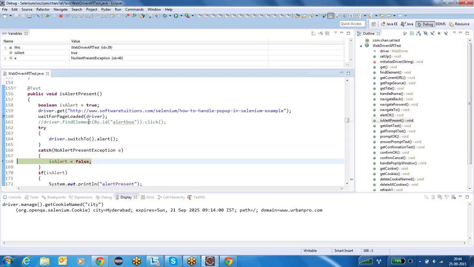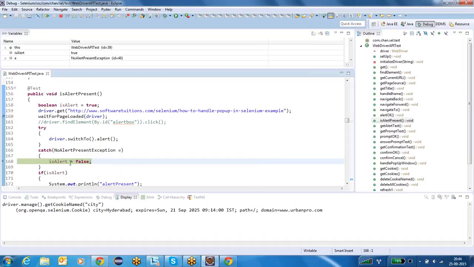And here what I am doing, before I start the execution of this method, I am assuming that the alert is there. That's why I am putting boolean isAlert true. I am assuming that the alert is there, so I am putting true. And I am calling driver.switchTo.alert. If the alert is there, it doesn't enter the catch block. But if the alert is not there, it will enter the catch block.